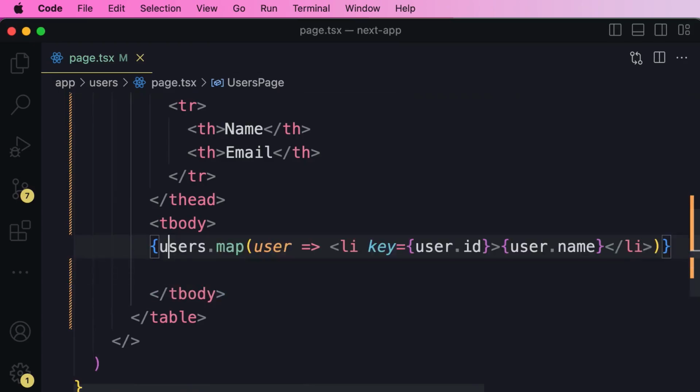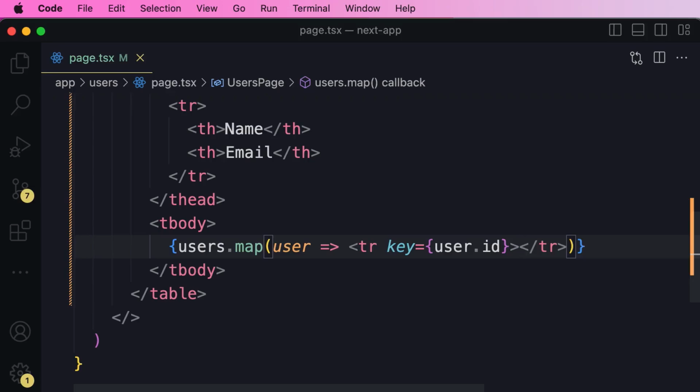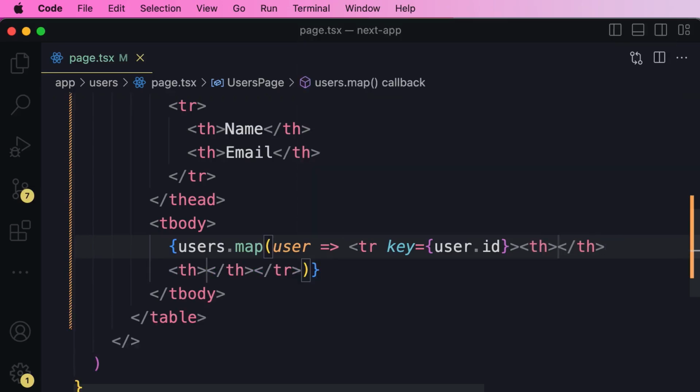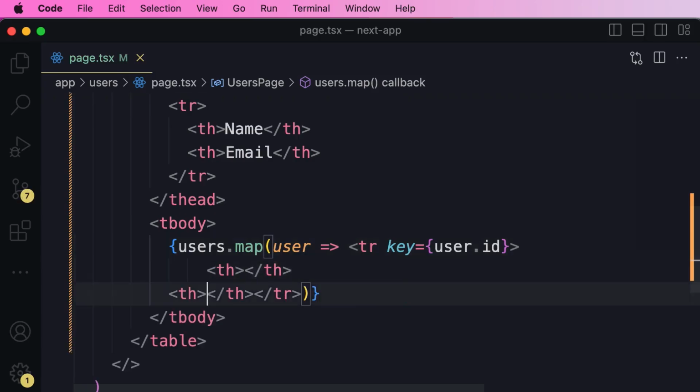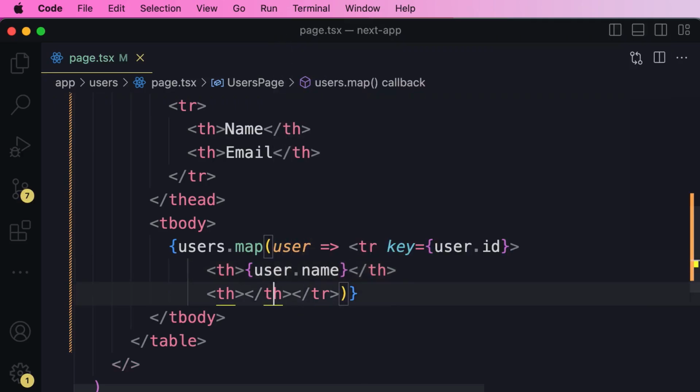Then we move mapping our users inside tbody and replace li with tr. So once again, we press Command and D on Mac or Control and D on Windows to change both these elements in one go. So let's change it to tr. Now inside this tr, we want to have two th elements. So th times 2. Let me put it on a separate line. Good. In the first th, we want to render user.name. In the second, we want to render